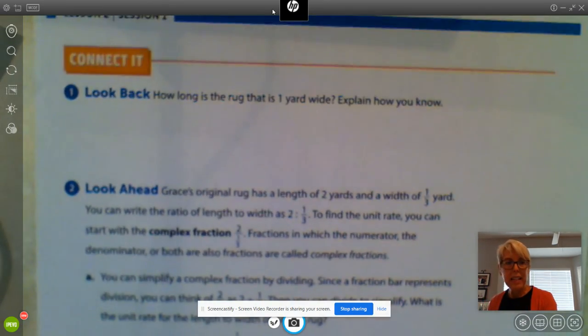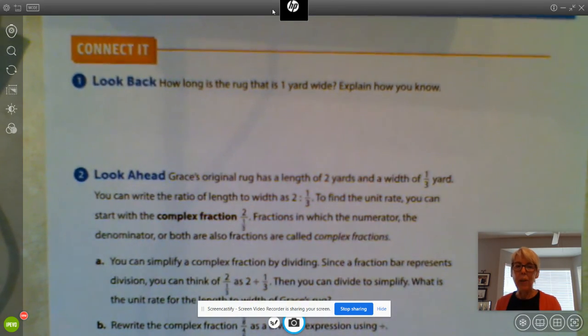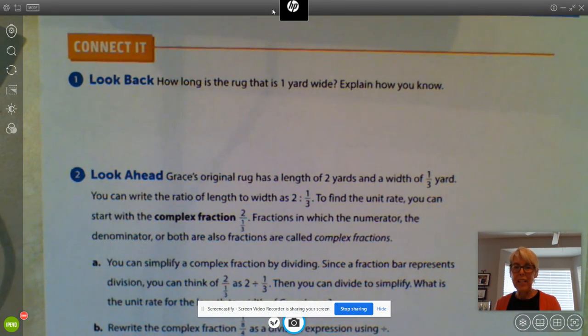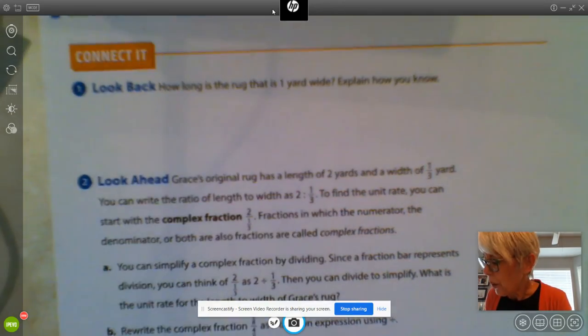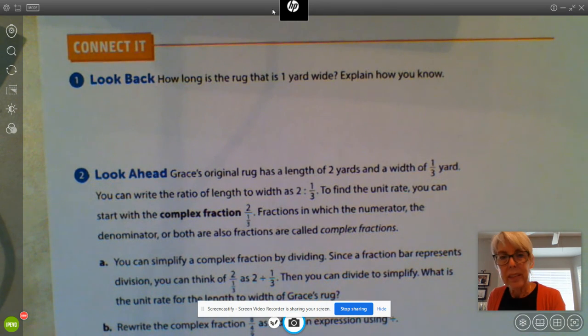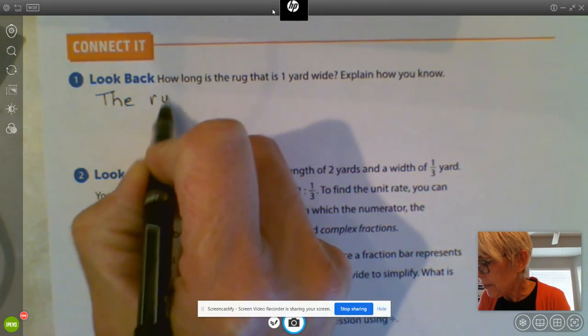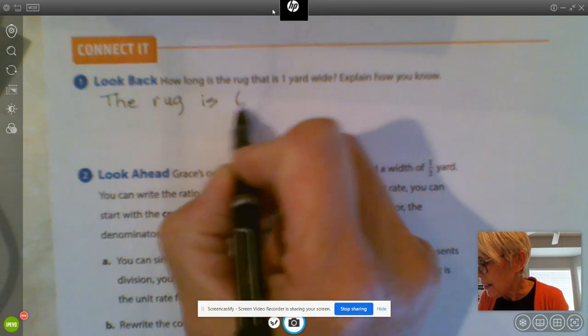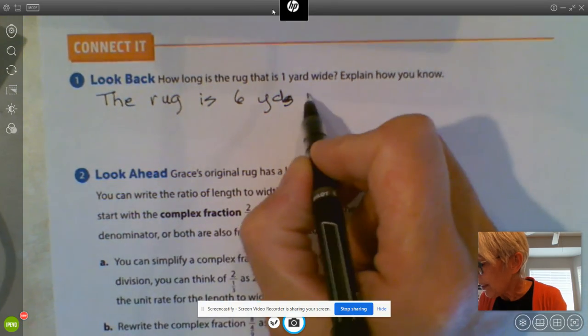So we've tried it. Now we're connecting it. It asks us to look back. How long is a rug that is 1 yard wide? Explain how you know. So let's just start with the rug is 6 yards long because we multiplied both dimensions by 3. So I'm going to write that down. The rug is 6 yards wide, 6 yards long